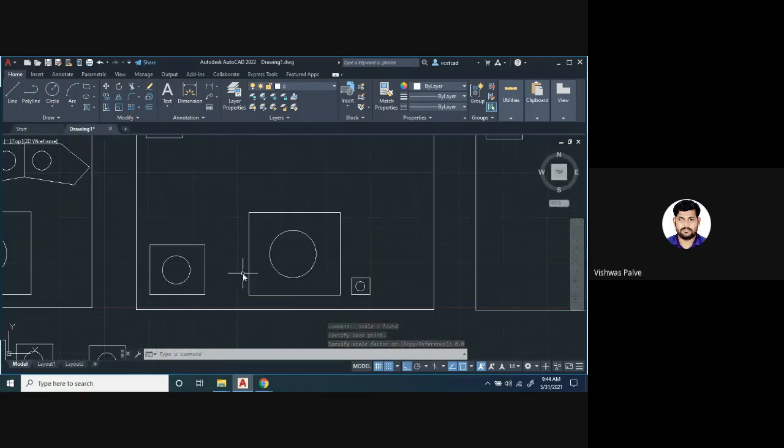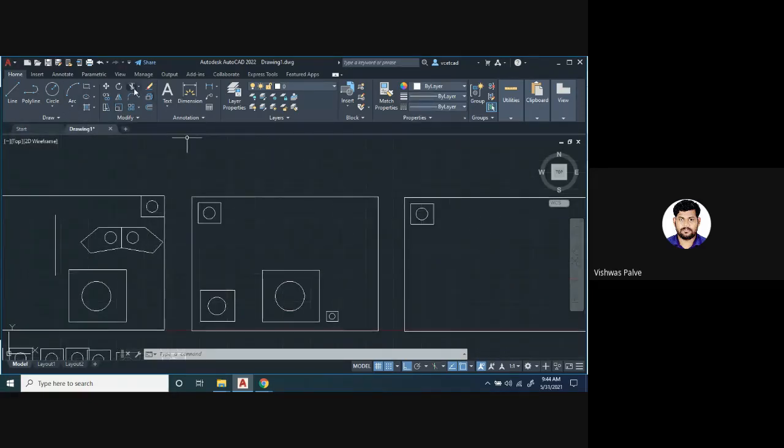So this can be used whenever I want to use a scale option, if I want to enlarge the object or I want to reduce the object. For reducing, what you have to put is less than 1. The value will be less than 1, so it will get reduced. And if we put 2, 3, 1.5, then that is the multiplying factor. With the help of that, we can increase the size of that object. So this was regarding the scaling.